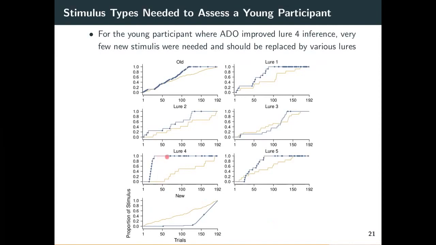After it had presented all of the ones that were available, it often had as its highest priority presenting another one that it wasn't able to do. And so this would suggest a better assessment of this individual could have been done if instead of a whole bucket of new stimuli being available, there had been many more Lua 4s and Lua 5s and Lua 1s, for example.